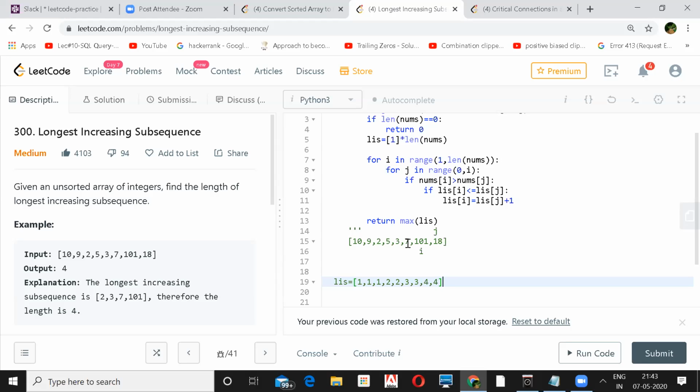So it should be 2, right? At 7, no, but we are starting from 2. The biggest one is 2, 5, 7 or 2, 3, 7, there can be multiple. So that's why it's 3 there.